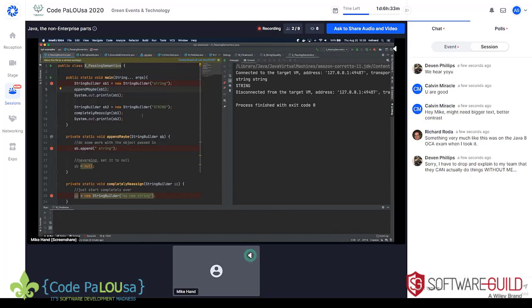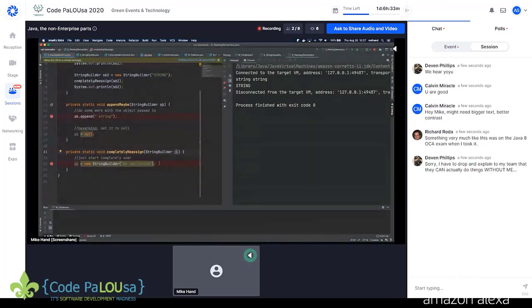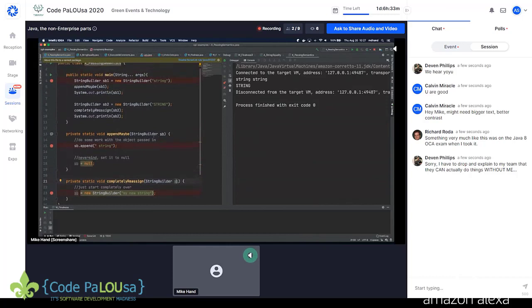Same thing down here. When this one gets passed in to completely reassign, this string builder reference has the same value as the one that was passed in, but they're different. The scope of this one is just limited to that method. So now this one we didn't set to null, but we created a new instance, and now we're saying create that new instance. Now where is it in memory? Point me to that. And that's why this one was also similarly unscathed by its trip into the completely reassign method.